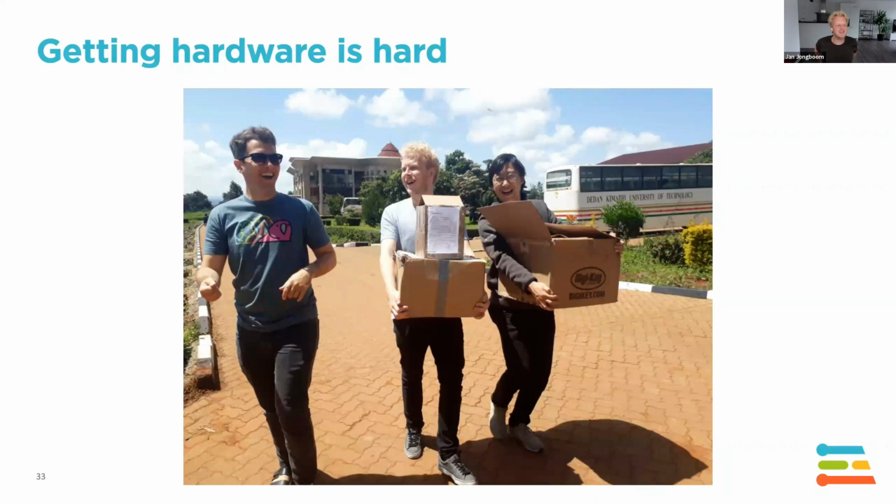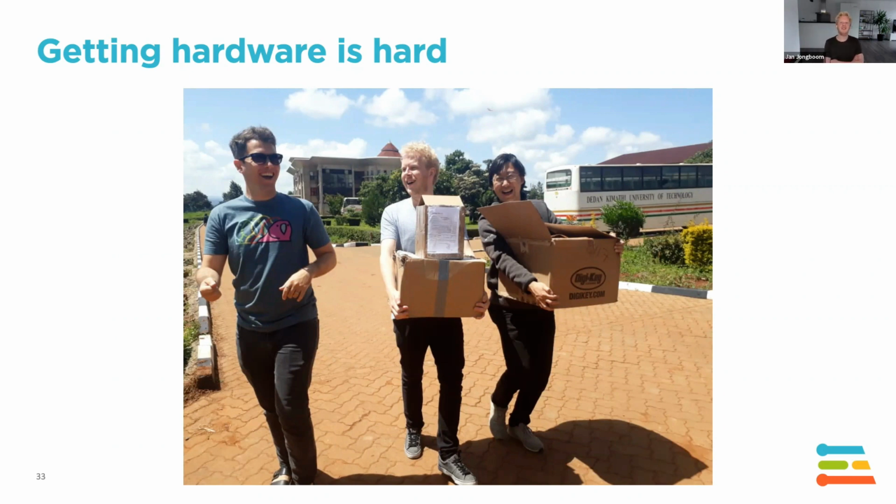The second challenge, kind of a fun one, is that getting hardware into Africa is really hard. I don't understand why this has to be. But if here, for example, a resistor breaks or I need a new IC, I go to DigiKey, I type the part number in, and the next day I have it.